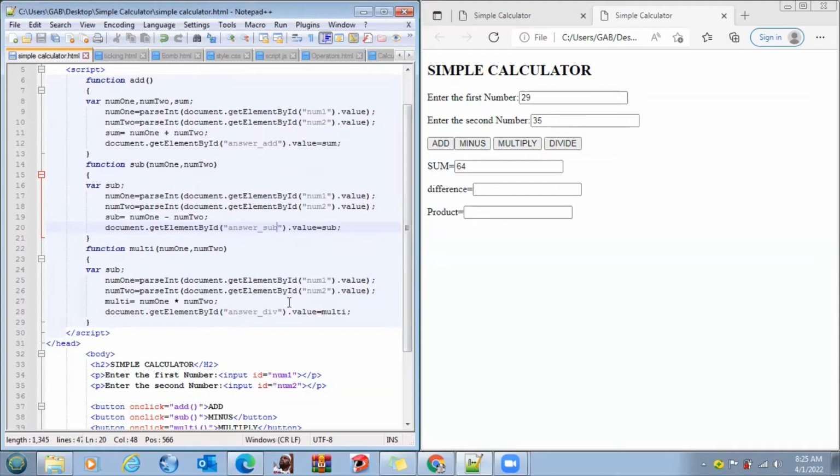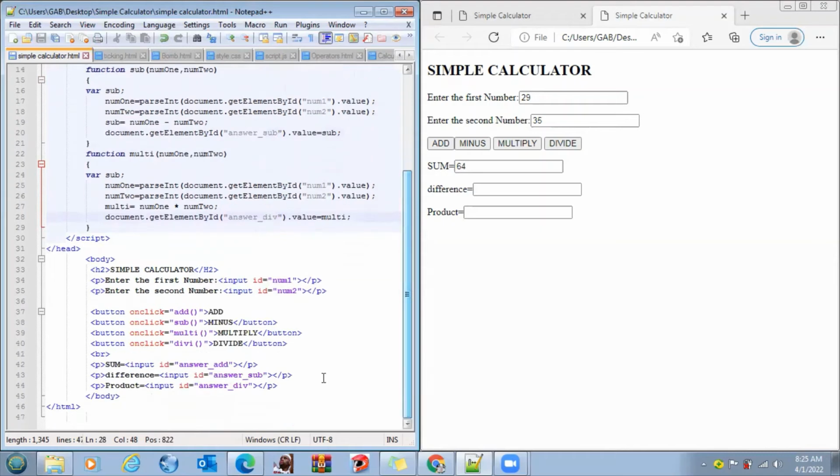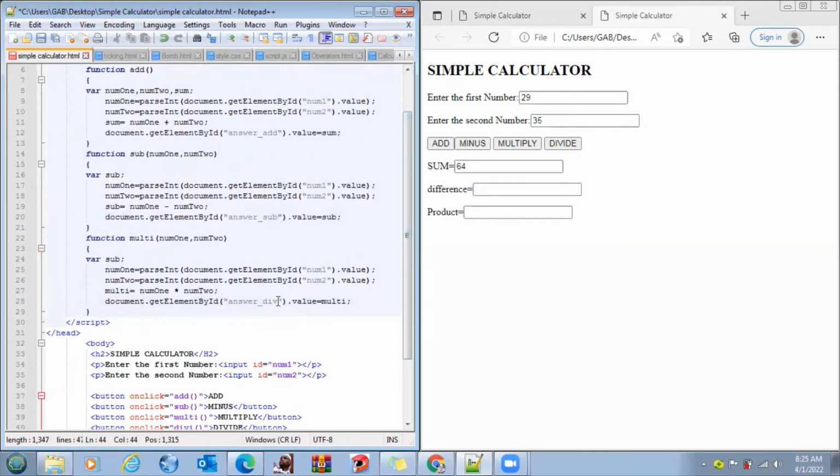For this one, we have the num1 and the num2, and the answer will be shown in answer underscore div. By the way, they should be multiplied. I'm going to change this one also. Answer will go to,